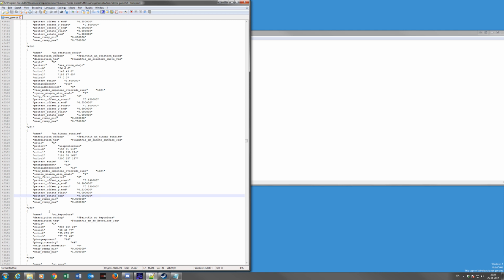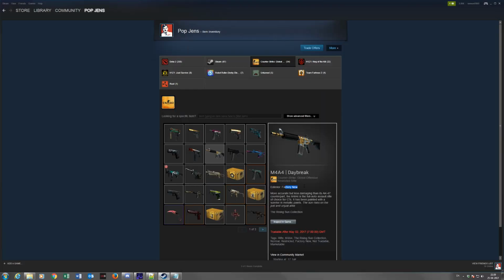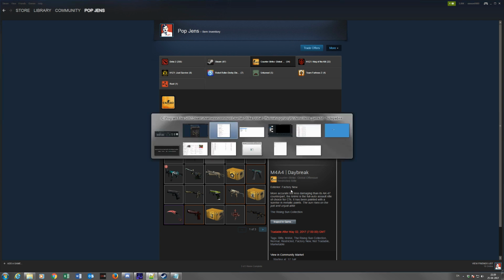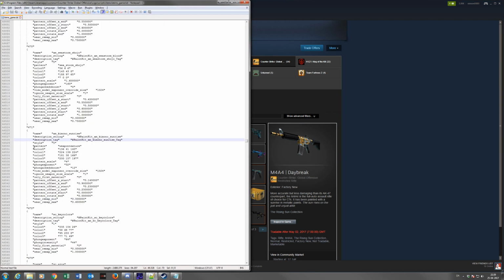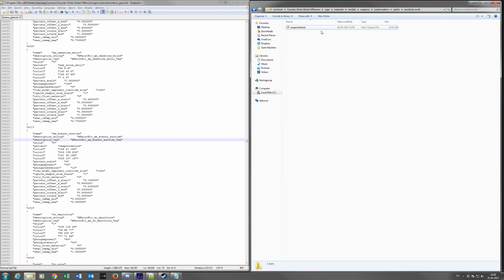on the weapon. And these wear settings are not very important, because you already have the exterior of the skin defined. So I have mine in Factory New, so that is how your own pattern will show up on the skin itself. So when you have changed all the settings and made sure that this folder is matching the pack file, you should be good to go and go into the game, launch game, and check out if it